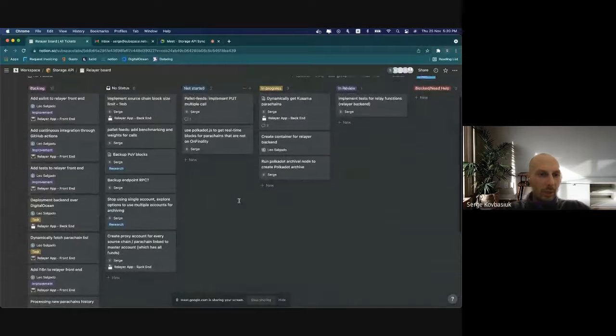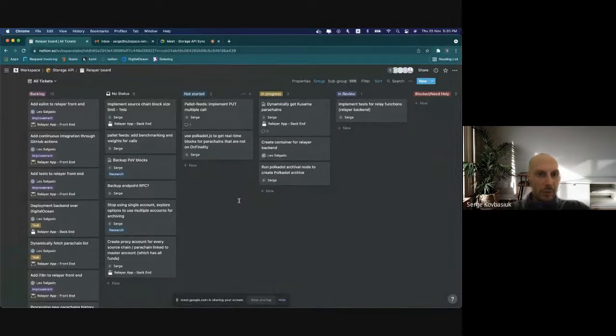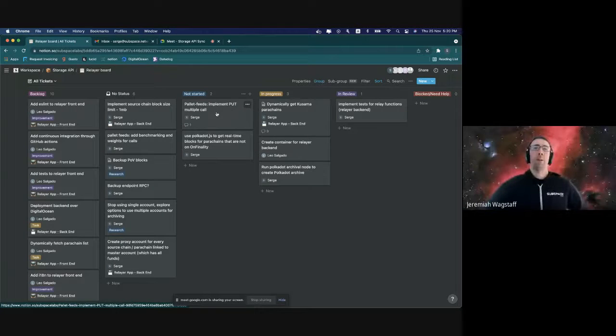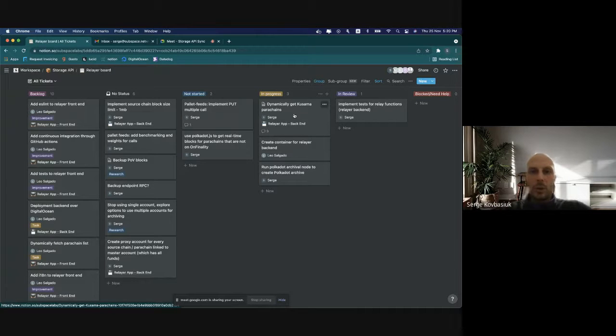I did some cleanup, but I don't know, what should we do with this one? Because this one is not a priority at the moment. Should we keep it or remove? Let's go through the rest of these in progress first. The dynamically, yeah, I'm just not aware what the status of those is. Maybe you guys talked about that yesterday on the dev sync. Okay, so